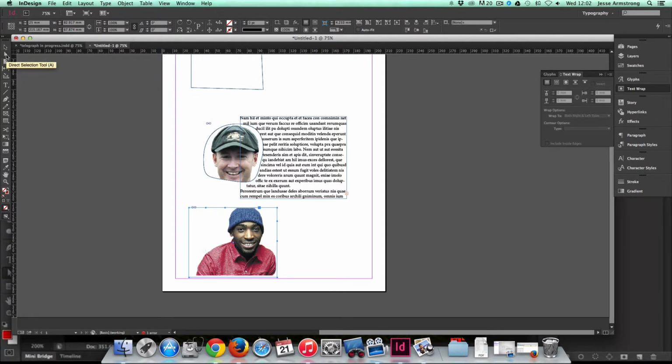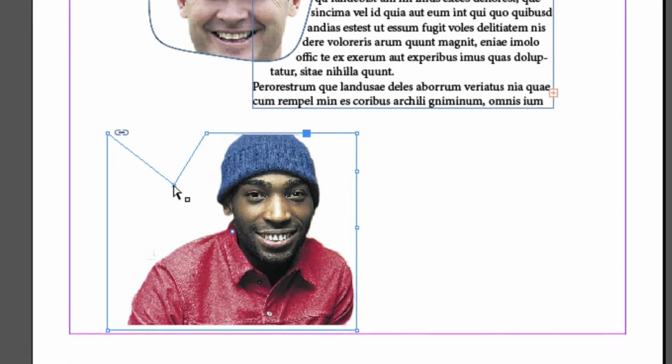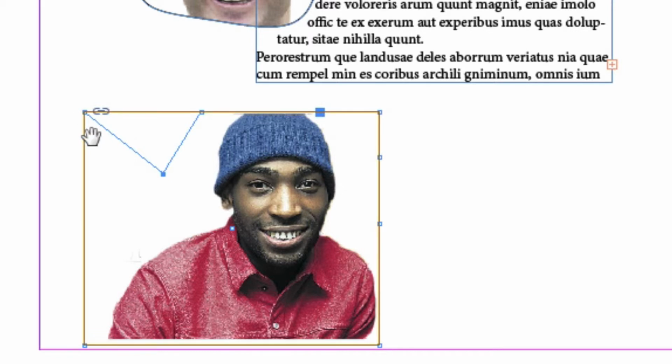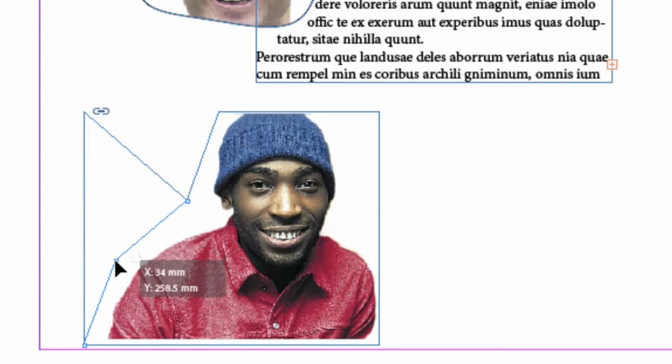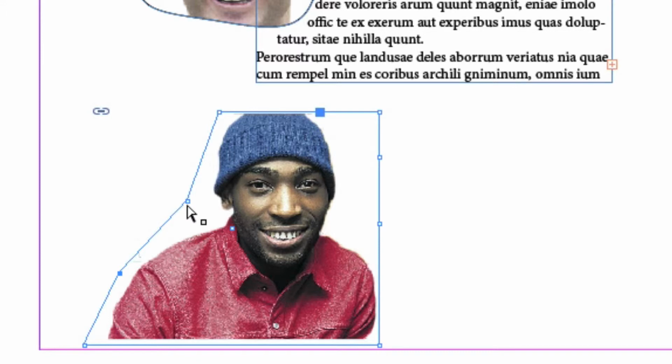Now using the direct select tool, if I double click twice on the frame, I can then move each of these points I've just created. You can see how they're now white as opposed to filled in. The one which is filled in is the one I've currently got selected. So I can adjust these in order to quickly tweak the shape of this frame, which again, if I now